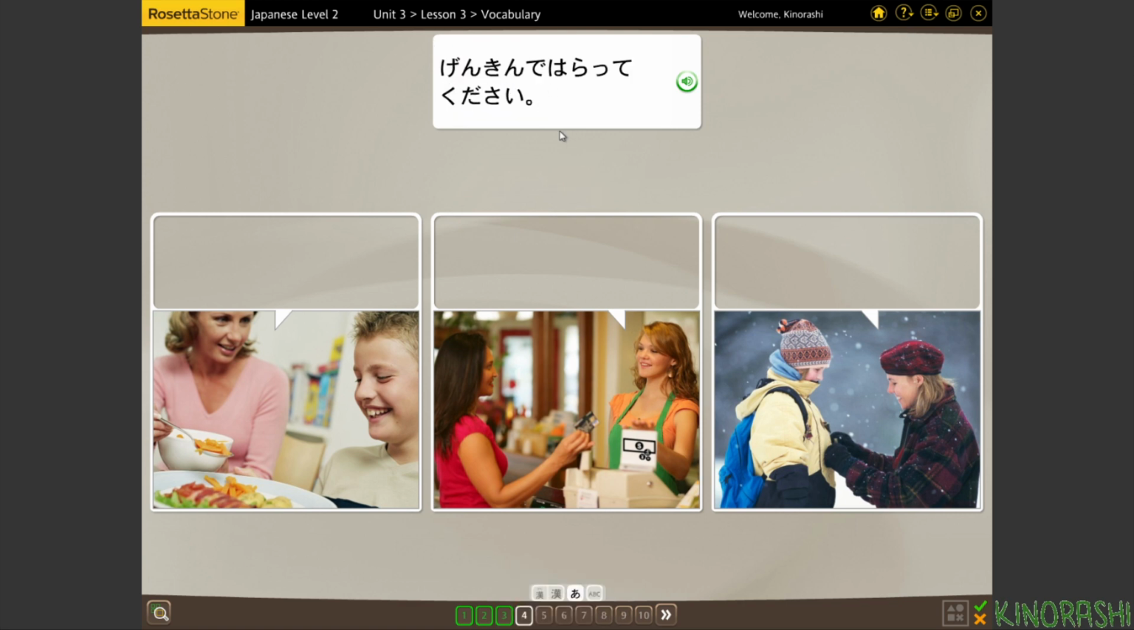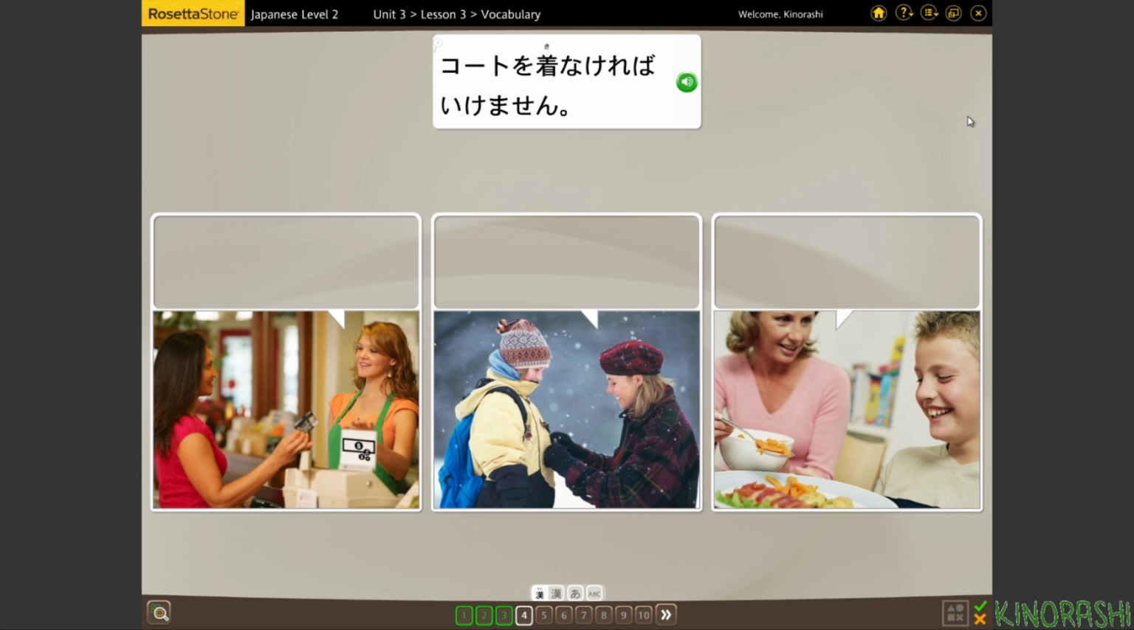現金で払ってください。現金払って。 コートを着なければいけません。コートを着なければいけません。コートを着なければいけません。